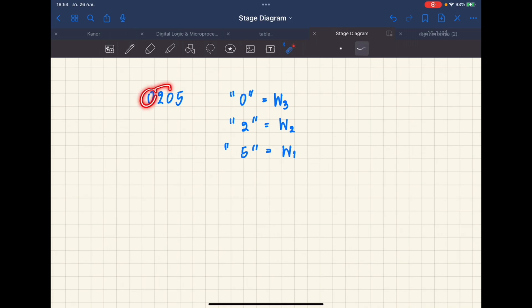The 0 is the same one, so we don't have to write it again. And then I set the wrong switch